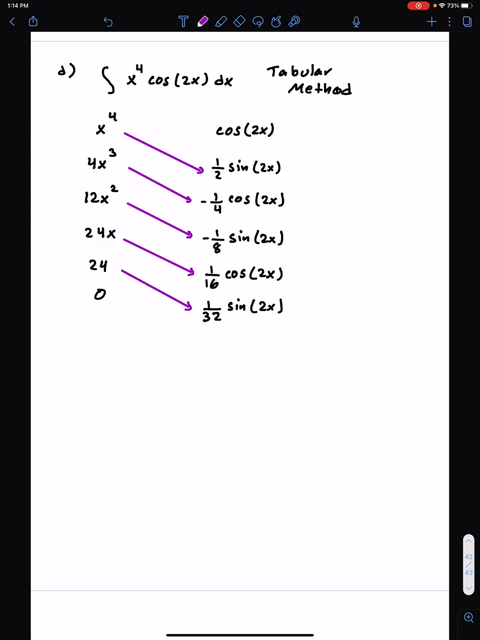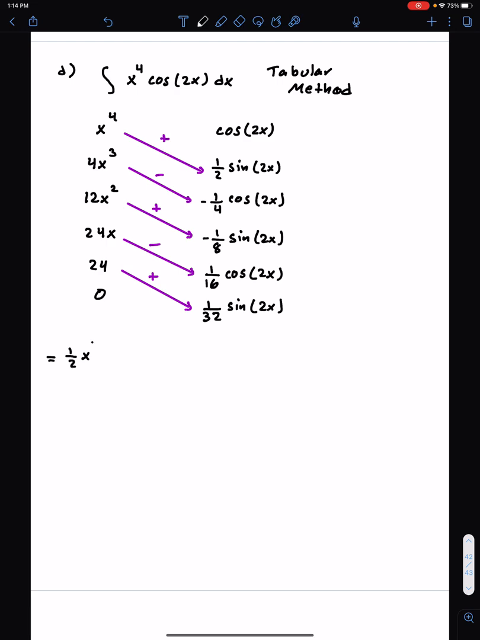And you alternate your signs. So plus, first sign's a plus, and then it keeps alternating. So this integral is going to be this times this is the first term. So this integral is equal to